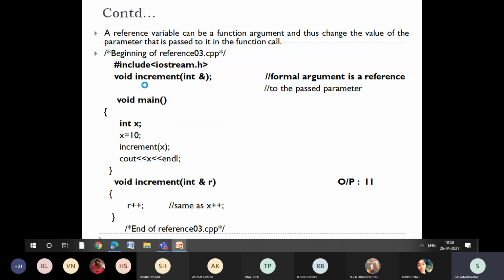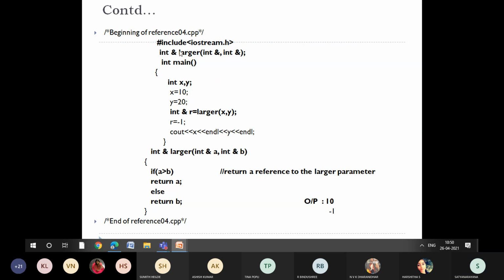But here the function itself is a referential function. So when I call large of x comma y, it is going to take the reference. My intention is not to show you the output, but how you can create referential functions in the program. Either you can create referential variables or referential functions using referential variables, whichever is required as per your requirement.